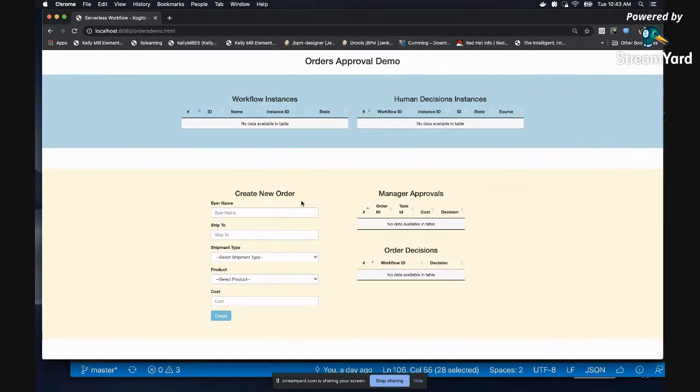On the bottom, we say, okay, we can create new orders. This is just some simple form, for example, the users can have, or their applications on their mobile phones, whatever. In case we need a manager approval for this order, we have a little table here that will show if our order needs manager approval.